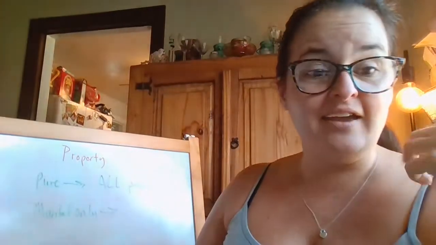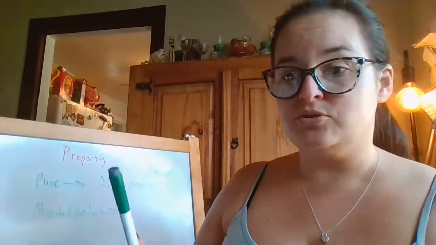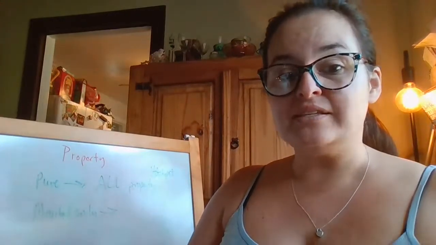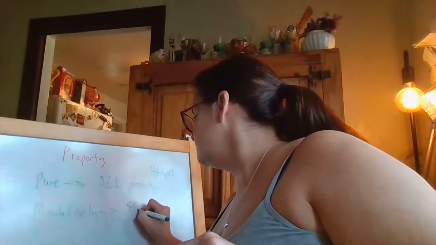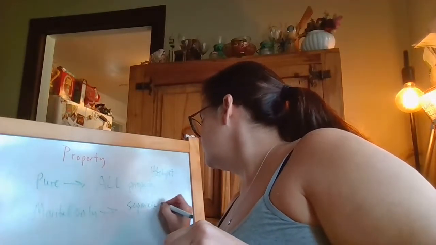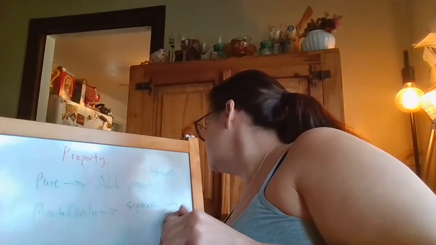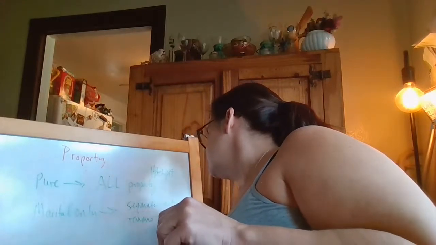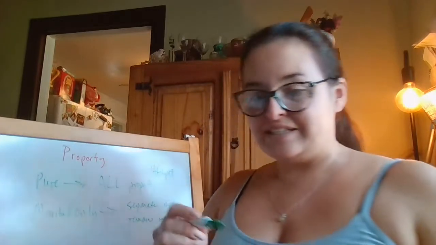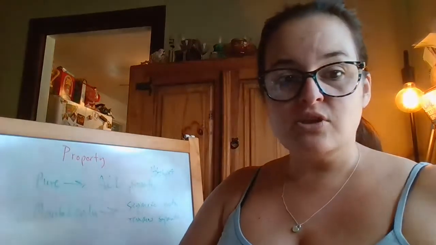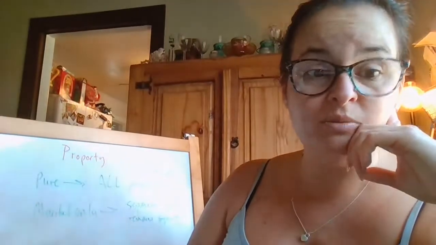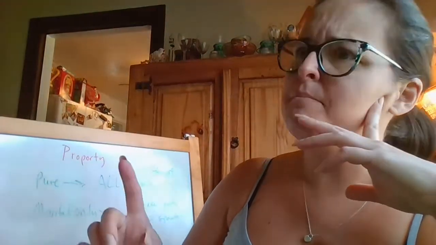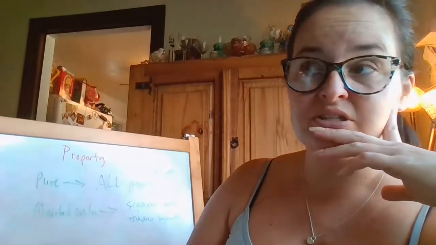In a non-pure equitable distribution state, then we're going to separate out that separate property. And that separate property remains separate. So whatever you earned before the marriage, whatever you brought to the marriage, you're going to take back out with you. And it's only the stuff that you acquire as marital property during the marriage that's going to get split